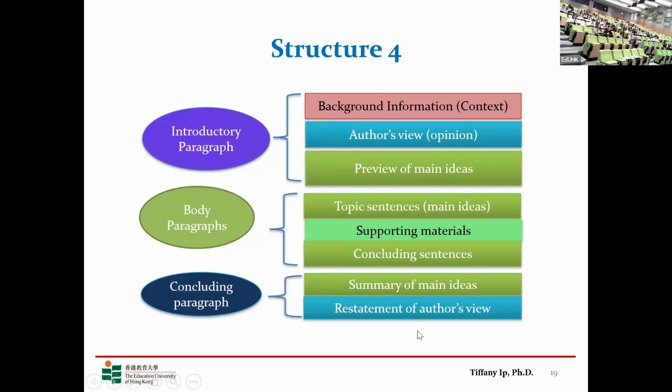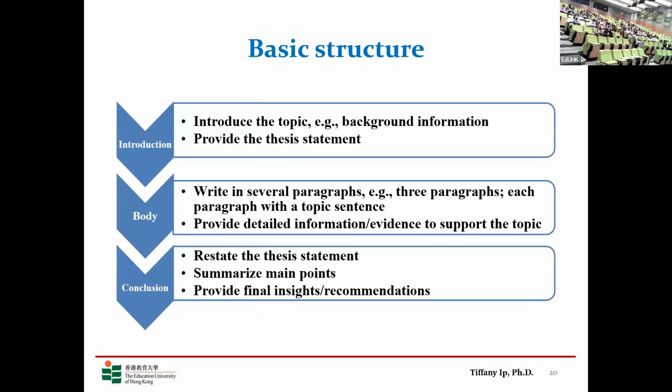It's like, given that there are so many benefits, that is why I think something should be promoted. Okay, so it's like a view being reinforced, or you would suggest, okay, so that's why future research should work more on this. And that is what you probably see in the conclusion of academic papers. And then here is the basic structure, showing the topic and then body, conclusion. Well, just repeating structure 4.